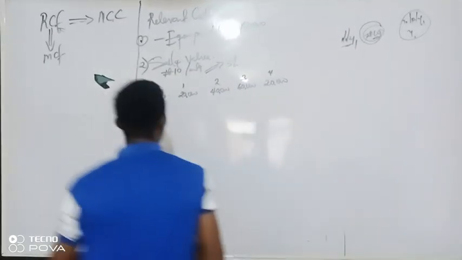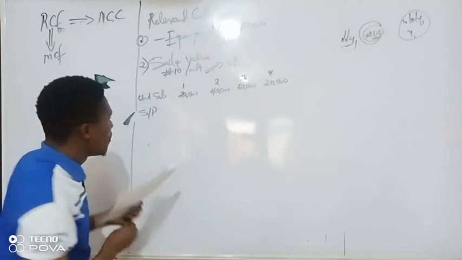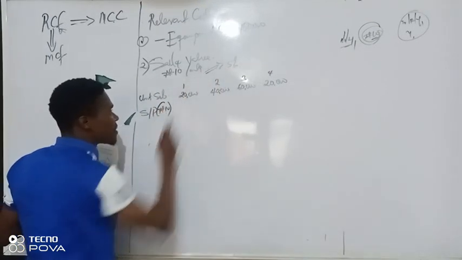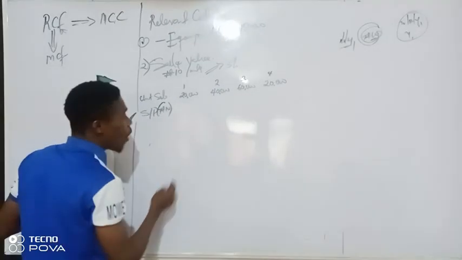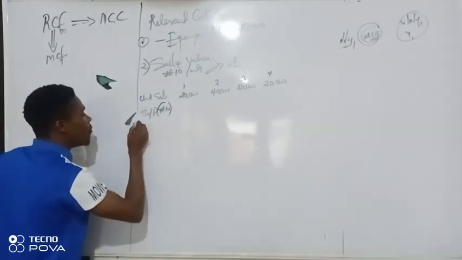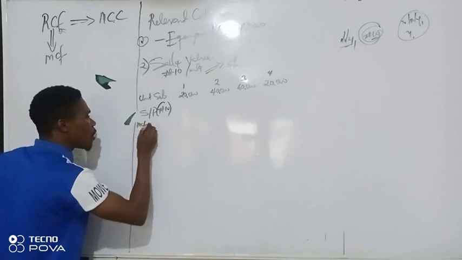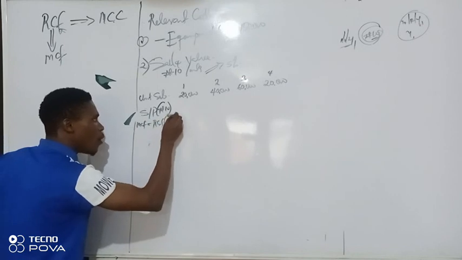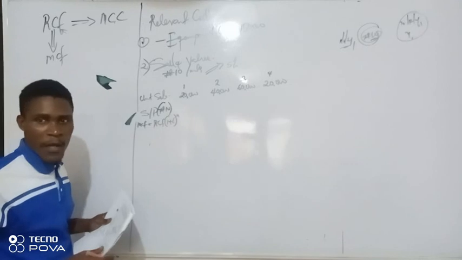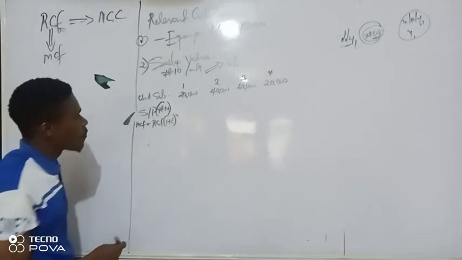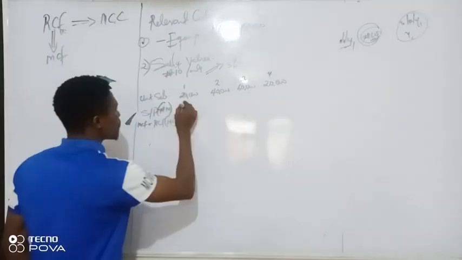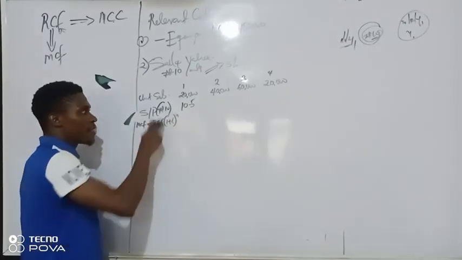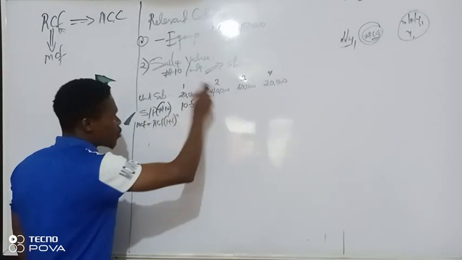So let's start. If you have 10 naira and inflation is 5%, you know the formula: money cash flow is real cash flow times (1 plus inflation) raised to the power n. By year 1, we have 10.5. Year 2, power 2: 10 naira times 1.05 squared is about 11.03.